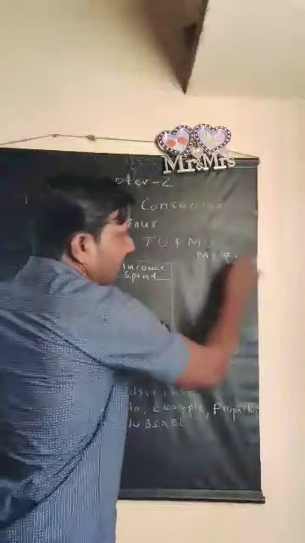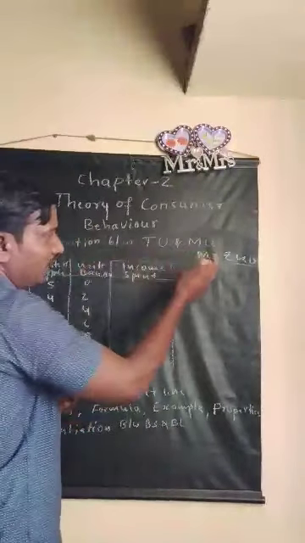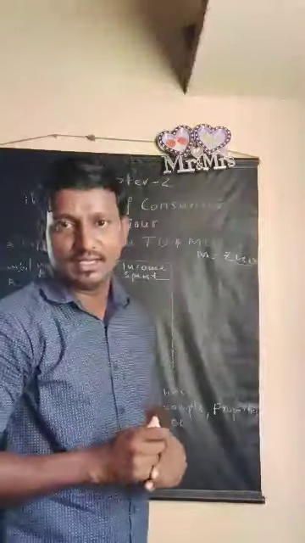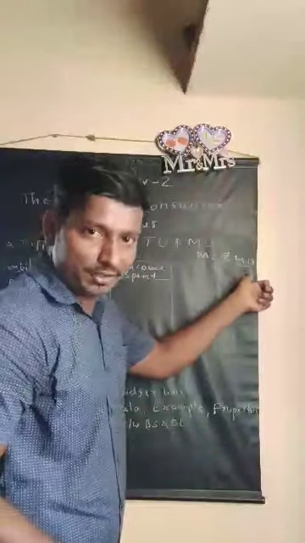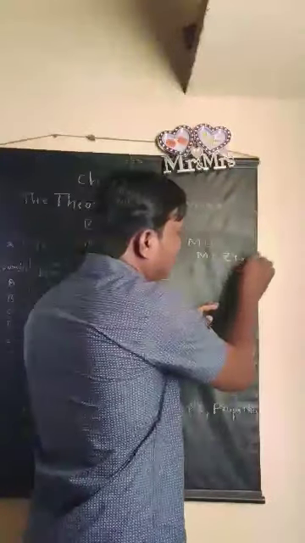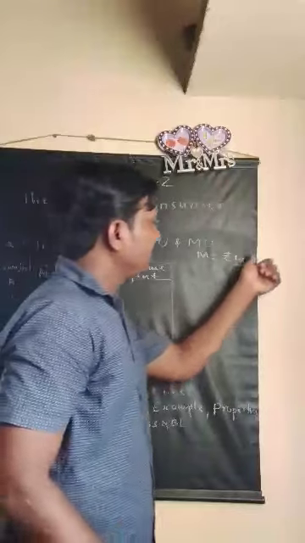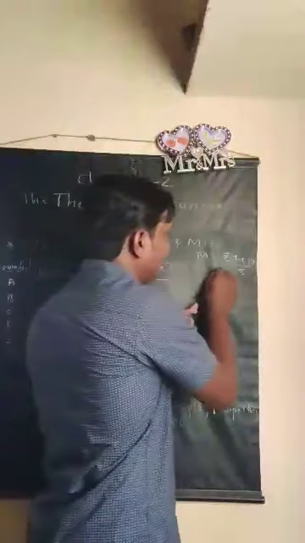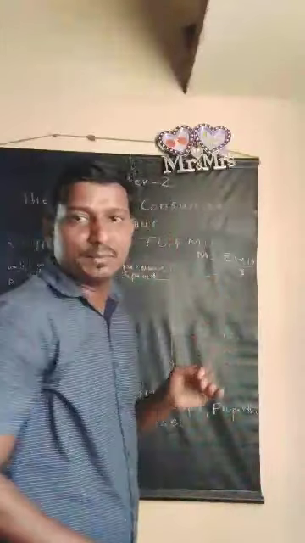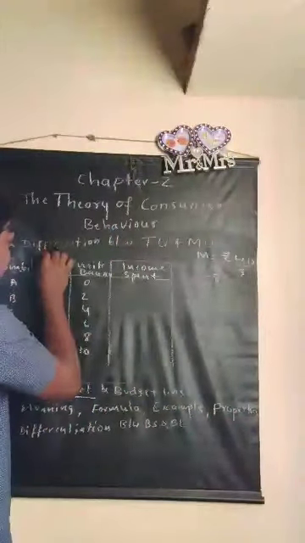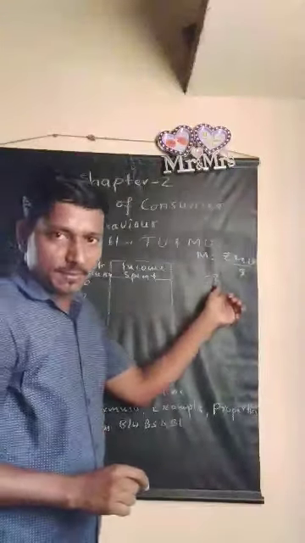Our income is 40, right? In this 40, if I purchase 5 units of apple and no units of banana, then what may be the price of apple? In that case, 40 must be divided by the quantity of apple. What is the quantity I have taken in the first case? It is 5. So 40 divided by 5 comes to rupees 8. Five eights are 40. So now I write here the price of apple is 8 rupees.